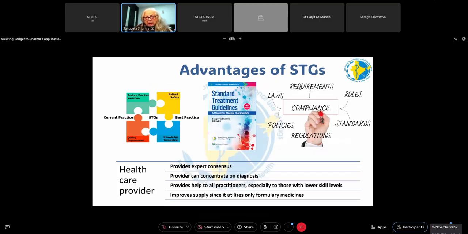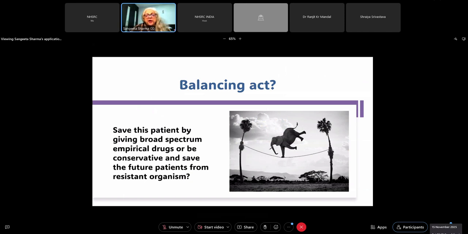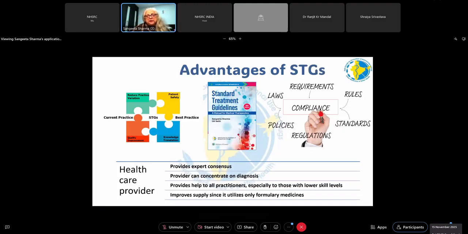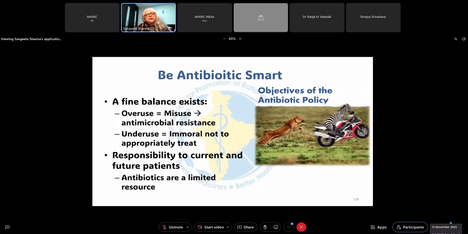And of course, you are in the position where you have to take these decisions, so you have to do a balancing act. You have individual patient in front of you, and you have communities where this AMR becomes a problem. So you have to really be taking care of this. Our advice would be just to follow the standard treatment guidelines that will tell you the right appropriate indication, appropriate choice of antibiotic, and duration, route, etc. So follow guidelines, that is going to help you.